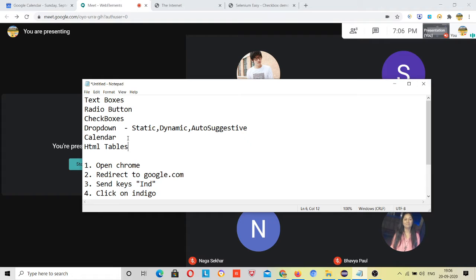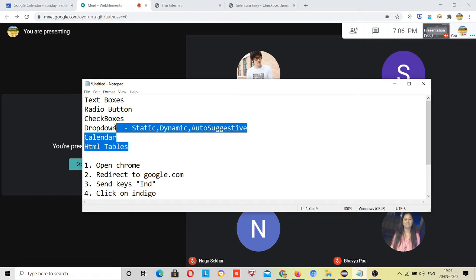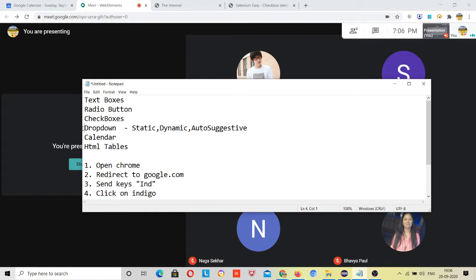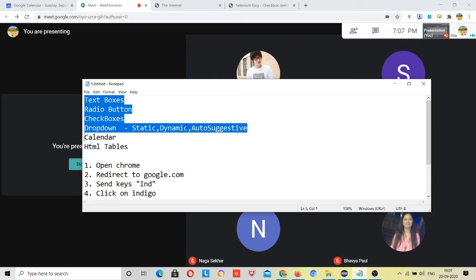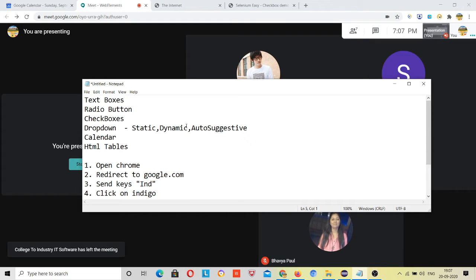So first I will cover all of these, right? Today I will be covering drop downs, checkboxes, radio buttons, and text boxes, right? And next week I will be covering calendar and HTML tables, right?